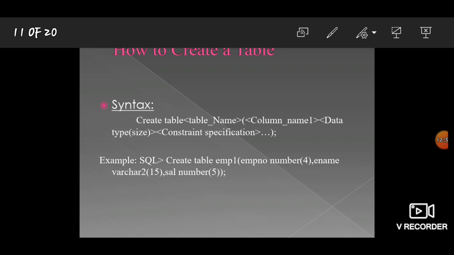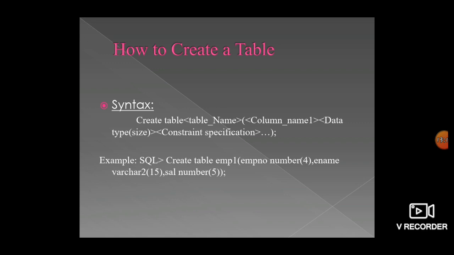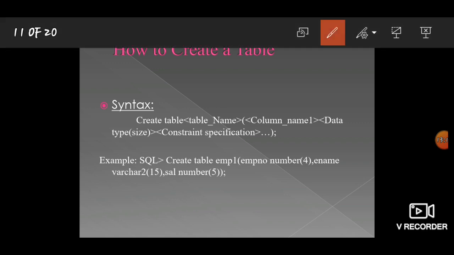Again, you had recognized this and examined how to create an employee table. In the employee table, what are the fields? Means, what are the attributes you want to create? You want to create an employee number, meaning the employee's mobile number or else employee ID. You can take any attribute, right? After that, I want to create an employee name attribute. After that, I want to create a salary for the employee.